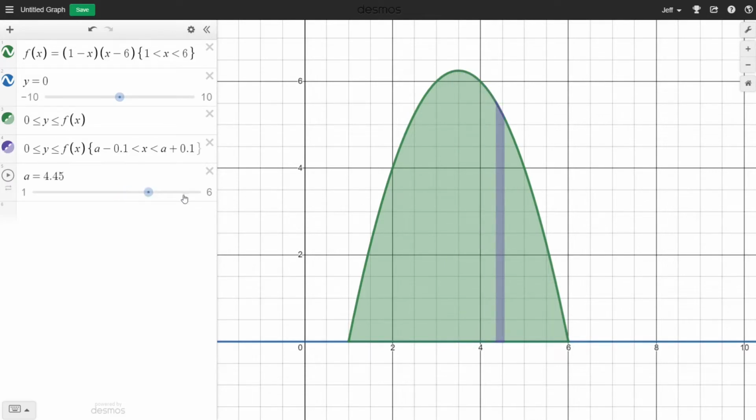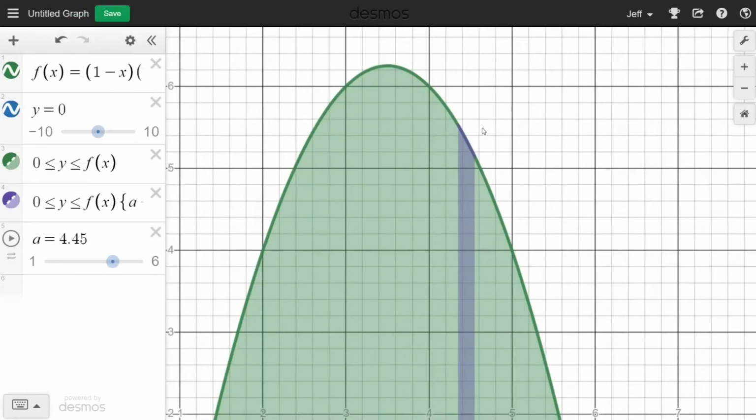In order to find the volume of the disk, we need to find the radius of the disk, which will be this height here, extending from where y equals 0 up to where y equals f of x. Notice that we won't get an actual disk. It will be a disk with a bit shaved off the edge. But this should be close enough as we let delta x, the thickness of our slice, get smaller and smaller.